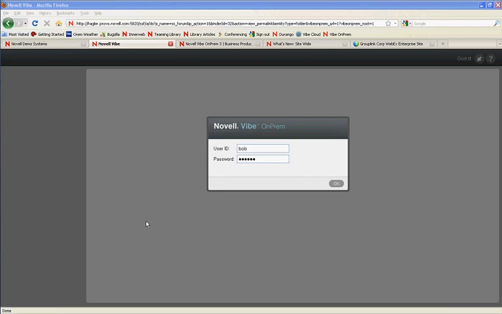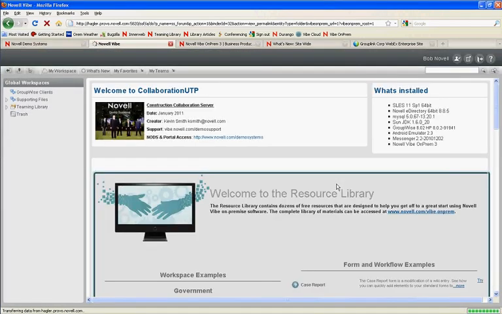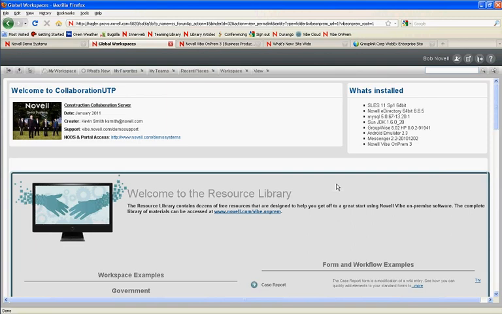So what I'm showing now is I'm going to log in. This is just a demonstration system that I use fairly regularly. So I'm logging in as Bob Novell. And the first thing that you'll notice is that I come to one of these home pages. So rather than going to Bob Novell's personal workspace, the administrator here has set up a home page. And you can view this as a simple internal website where a user can come in,